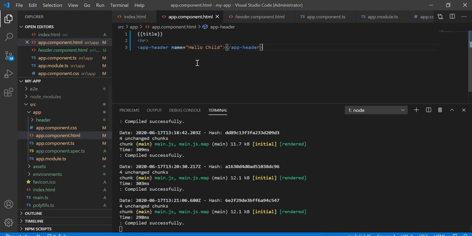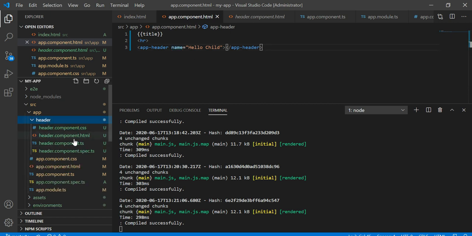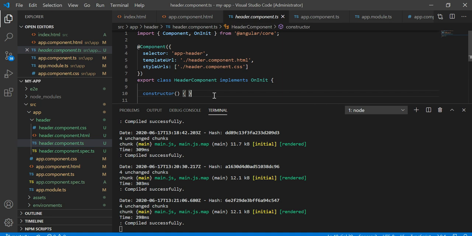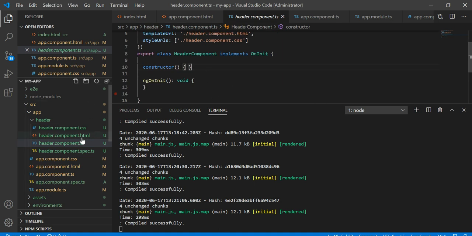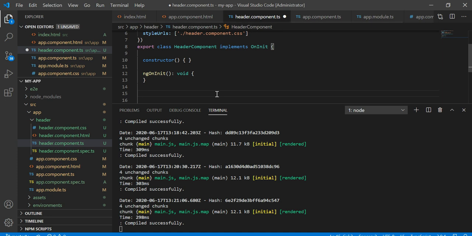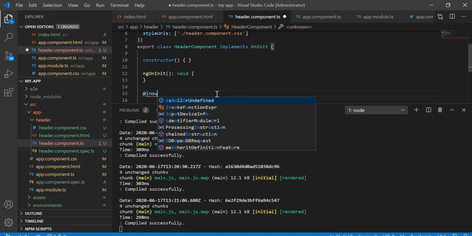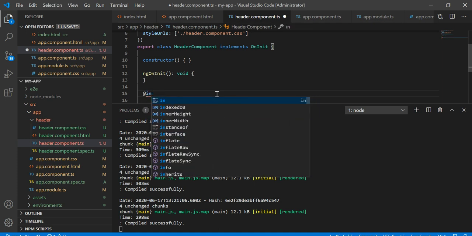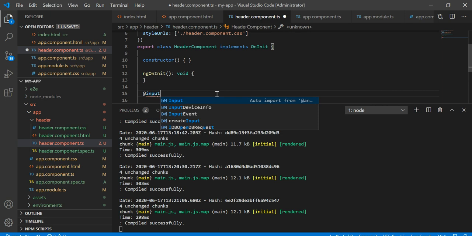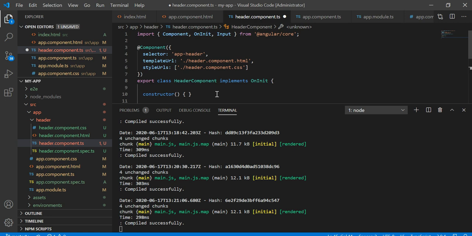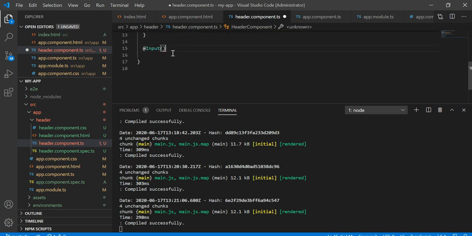So as to catch this inside this header, we need to go into the class file, and we have to use this @Input decorator. You can directly import it, right?